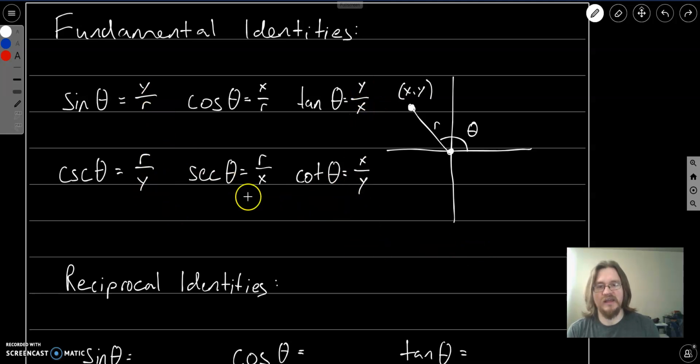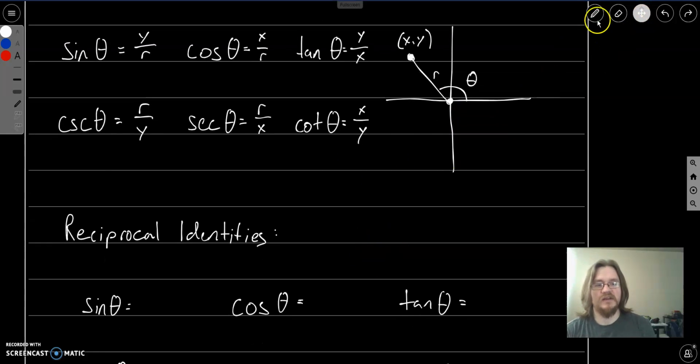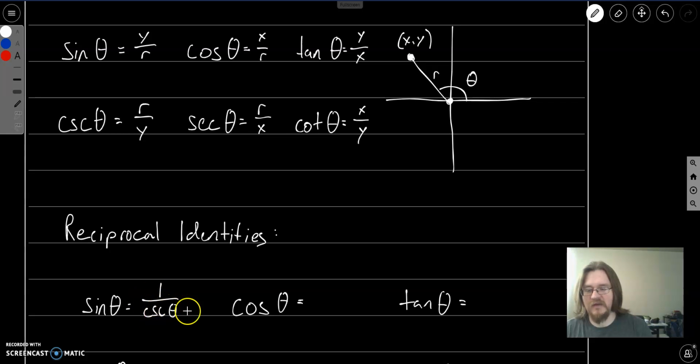So this right away gives us some identities, and this is again something that we've seen before. So for instance, the sine being y over r, and the cosecant being r over y, that means that we can simply flip these guys over. So the sine of an angle is 1 over the cosecant of that same angle. Again, it's just a reciprocal. We're just taking that and flipping it over. The cosine being x over r, and the secant being r over x, the cosine is then going to be 1 divided by the secant